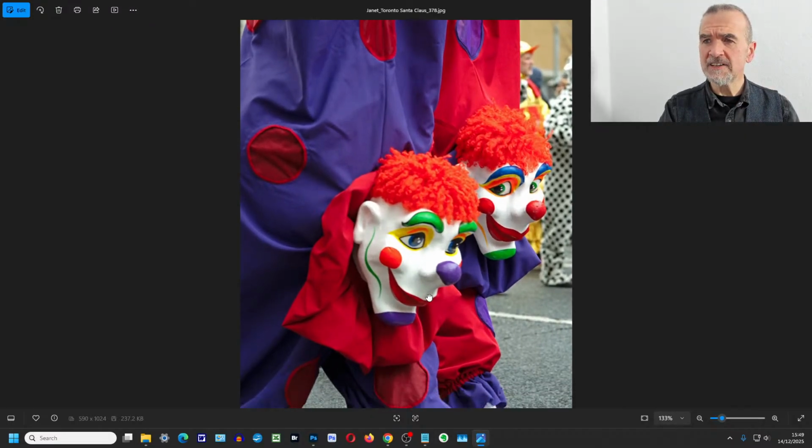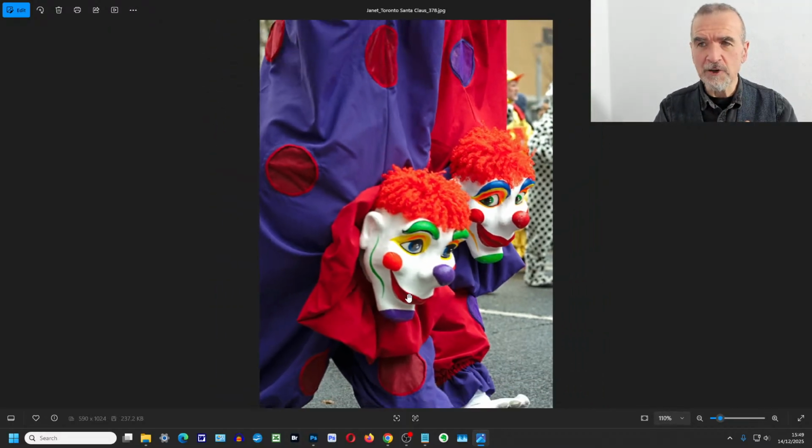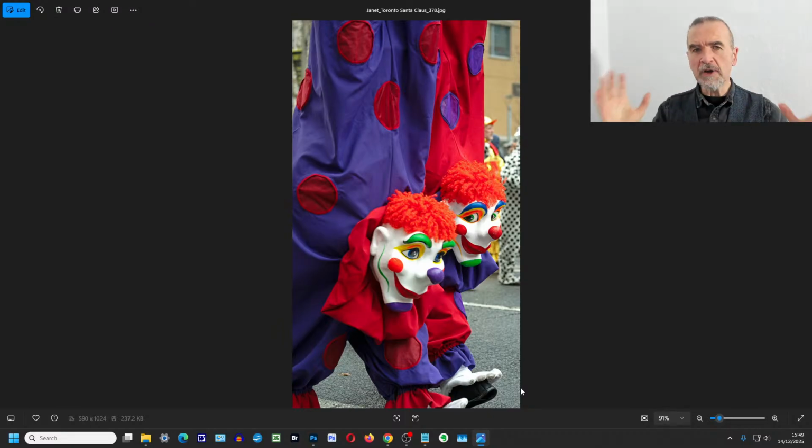Alternatively, we can crop in like this, but at this point, we've got the faces, but then we don't actually have the context of the fact that it looks like they're walking on their hands. So making the most of the fact they're walking on their hands, you really ideally would have got a little bit more at the bottom. But that closer in is the alternative option to going wide.